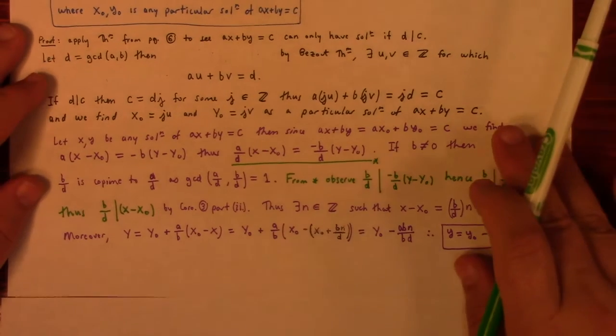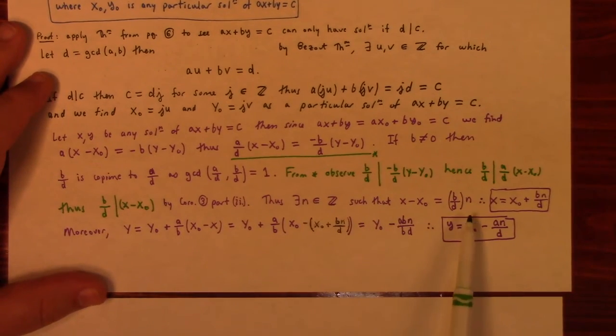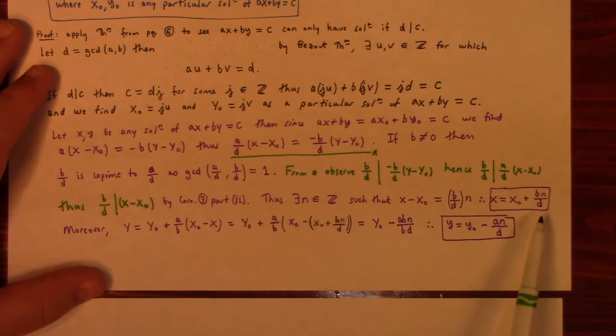But what does that mean? That means that there exists an n such that x minus x naught is a multiple of b over d, all right? So that gives us x is equal to x naught plus bn over d, which was part of the theorem. And then if you just plug this in, if you solve